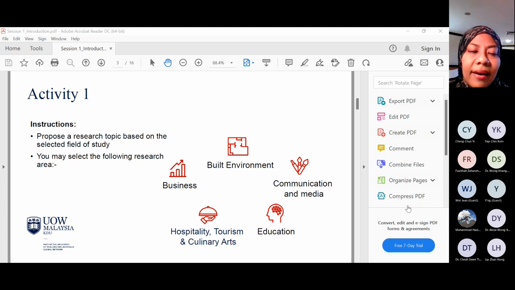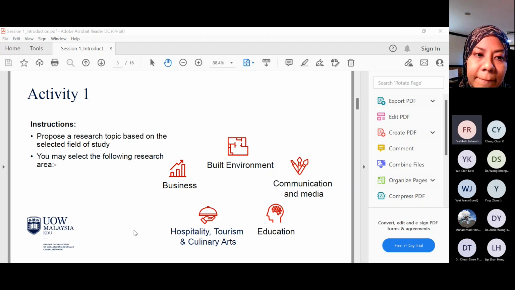How about Miss Fatiha? Hi. Since I'm doing language, I was thinking about relating it a little bit to not really culinary, but relating to food a little bit.